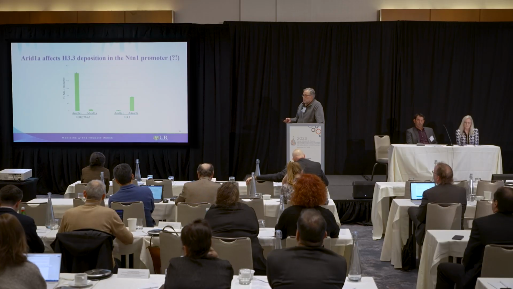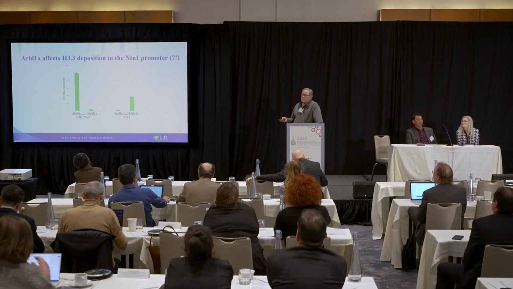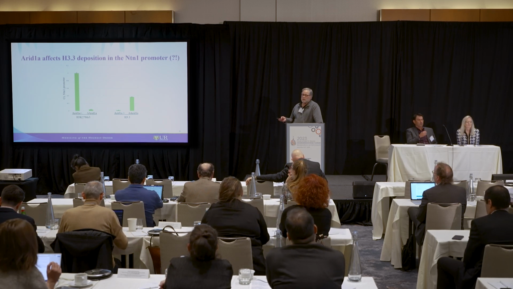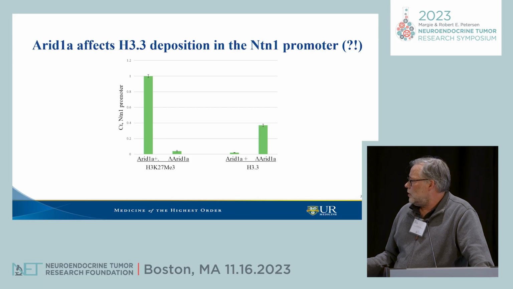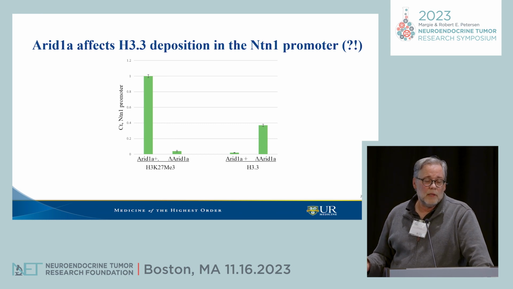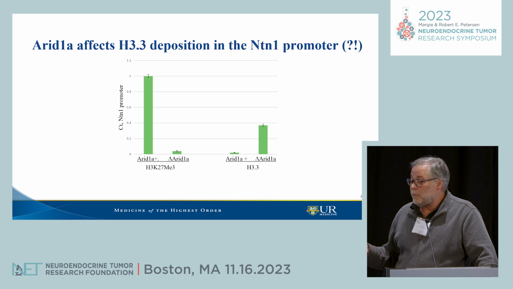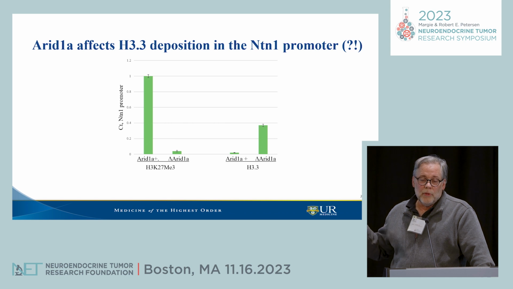And finally, we did this just last week. We looked at deposition because we see that ARID1A can affect deposition of a repressive mark, histone H3K27 trimethyl, and you can see that it drops precipitously on the netrin promoter when ARID1A is knocked out. But look what comes up. There's this activating mark, H3.3, the same H3.3 that's dysregulated by ATRX and DAXX mutations. That may be why ATRX and DAXX mutations also can turn on netrin, but that's an experiment we haven't done yet because the cells are growing too slowly.